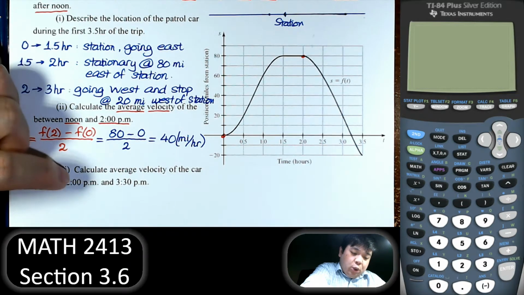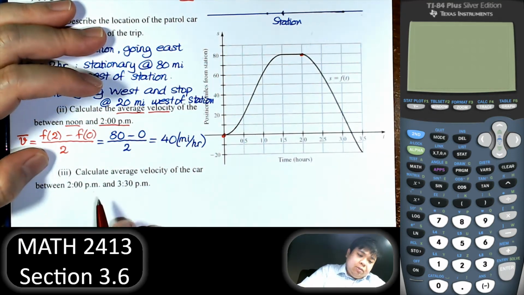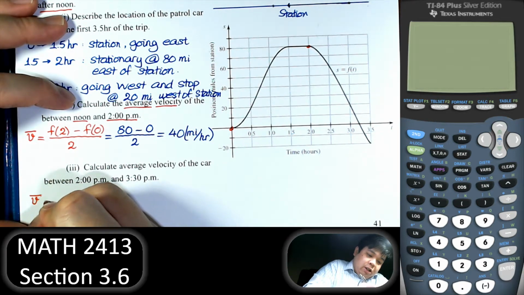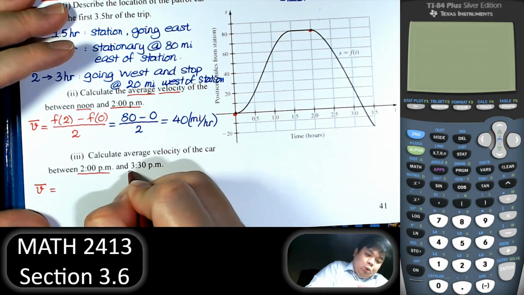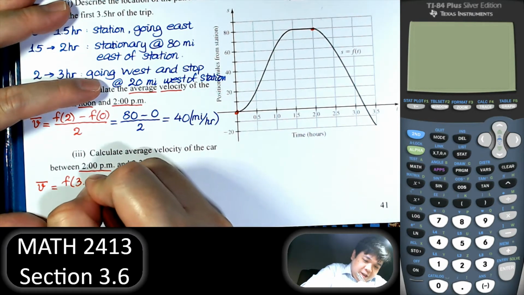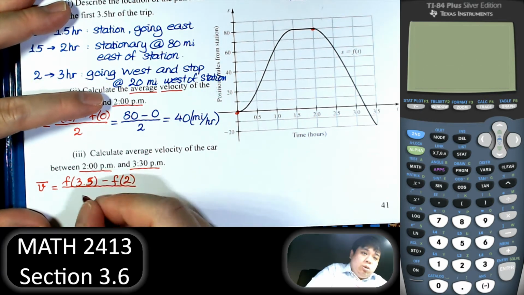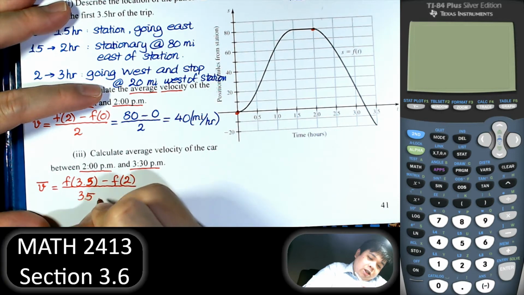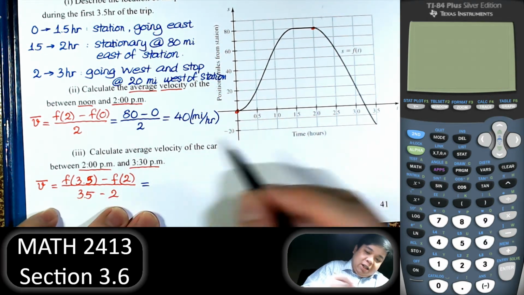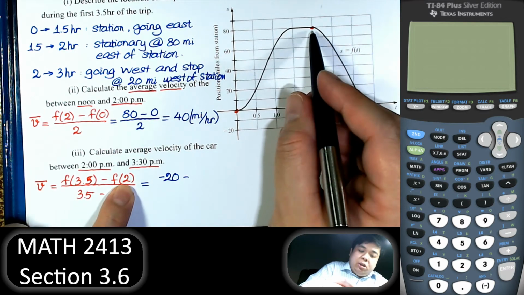Calculate the average velocity of the car between 2 and 3.5. So at 2 p.m. that is 80 miles, and at 3:30 that is negative 20. So this is still average velocity, now from 2 p.m. to 3:30 p.m. So the final position at 3:30, 3.5, minus the position at 2, over the difference, 3.5 minus 2. So difference in position over difference in time. So at 3.5 hours later, the position is negative 20 miles, and at 2 hours afternoon, there will be 80